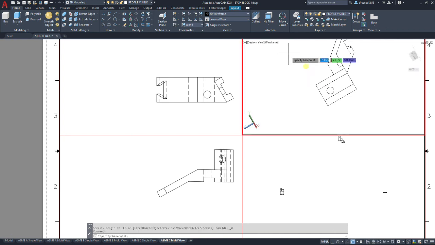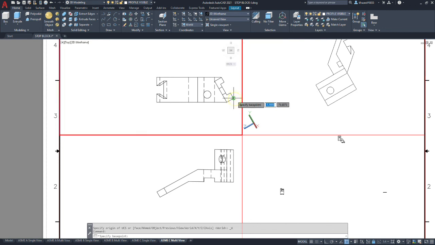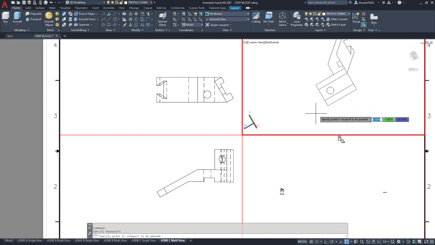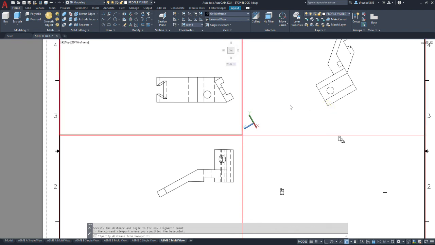So we're going to do an angled alignment, and you need to go to the parent viewport first and click on a reference point, which is going to be the corner. And then once you've selected that, you go back to the other viewport with the view that you want to move. And you're going to select the corresponding corner in that viewport. Once you've done that, that's aligning the base points. Now it's asking you how far you want. Now it's going to vary.